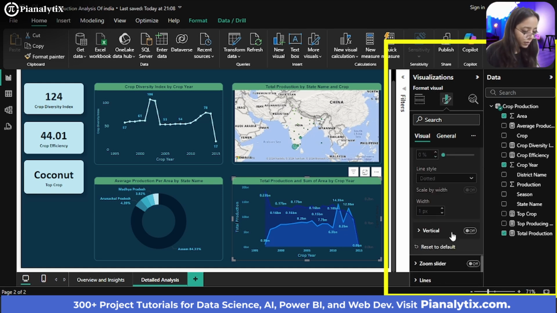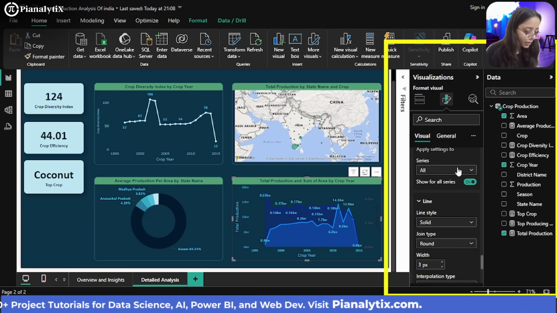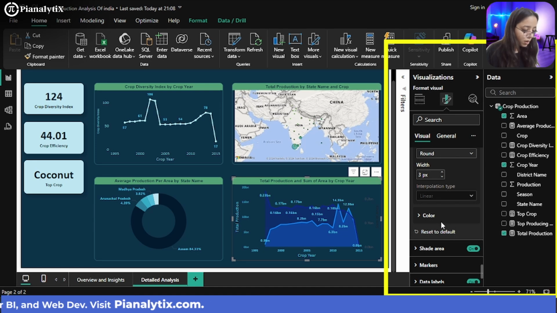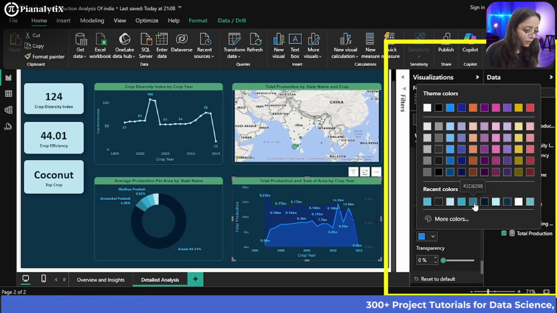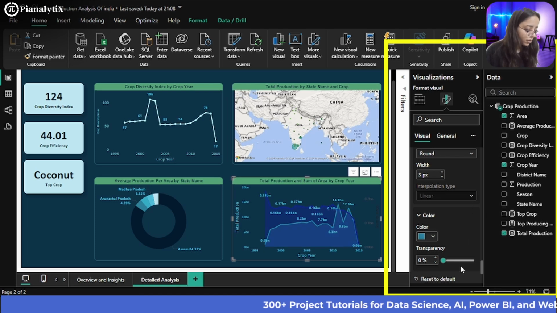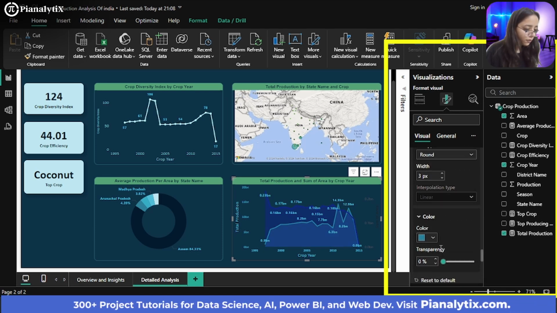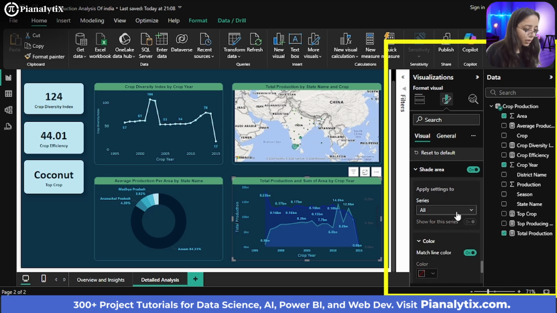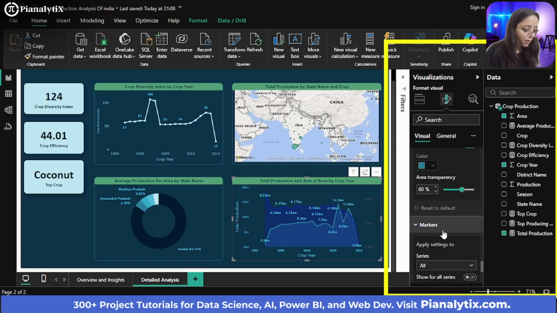Now what you can do is, for the lines you can choose something, let's say for total production, you can choose a color also. For example, if I go with this color, and my shade area, but now I'm working with the total production, right? So I will apply my settings to the total production, and it will match my line color as well. And my markers should be switched on for all the series.